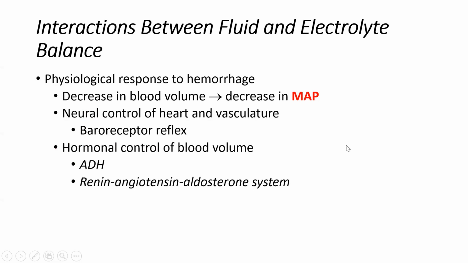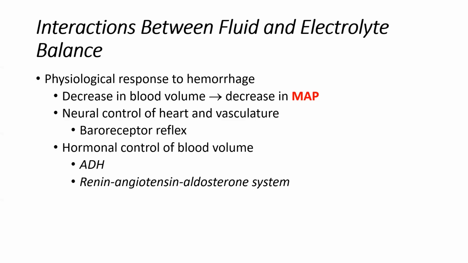Alrighty. Okay, so we can also speak about the response to hemorrhage. A part of the physiologic response to hemorrhage, or to losing excess blood volume, is one, a decrease in blood volume, which decreases the mean arterial pressure. Two, we're going to increase the neurocontrol to the heart, right? Remember that baroreceptor reflex. If we decrease our mean arterial pressure, we're going to decrease stretch on those baroreceptors. That is going to send a signal to increase the heart rate and increase the stroke volume in order to correct